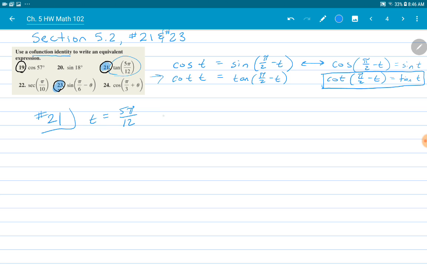So that means that tan of 5 pi over 12 equals cotan of 90 degrees, or pi over 2 radians, minus that,